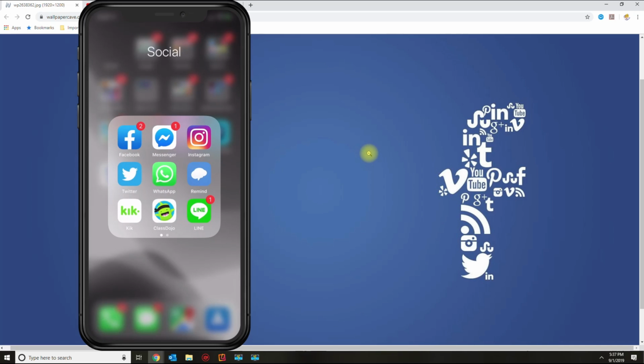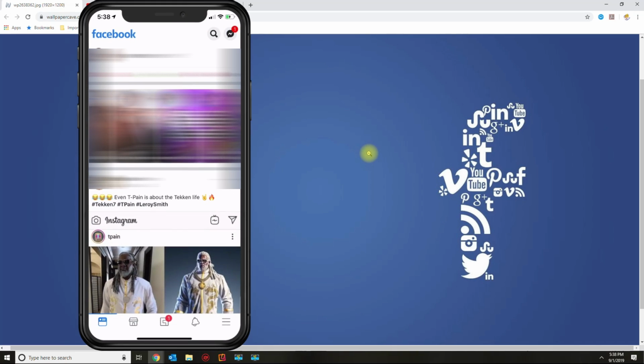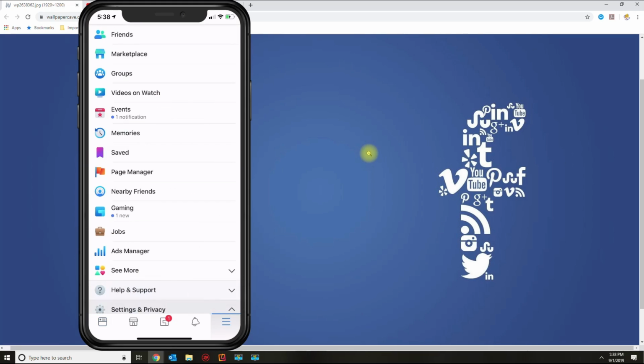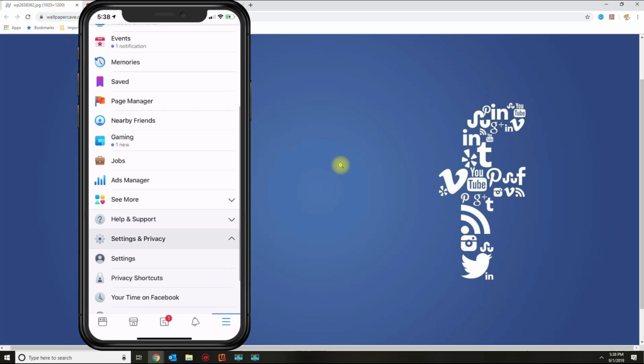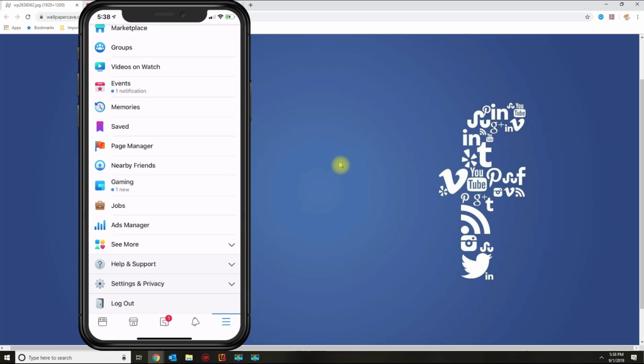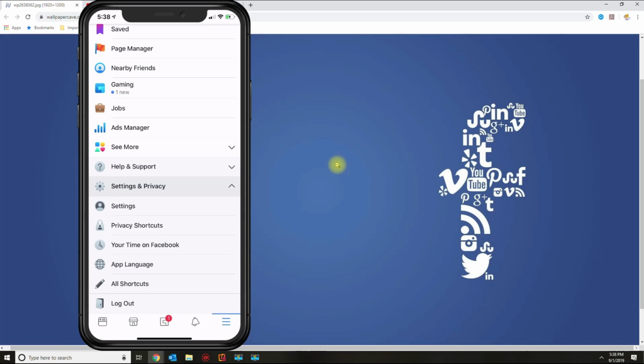Basically, first open the Facebook app. Once you open the Facebook app, you click on the right where you see the three lines, and then you want to scroll down over to settings and privacy. Click settings and privacy until it expands. Then you want to go ahead and